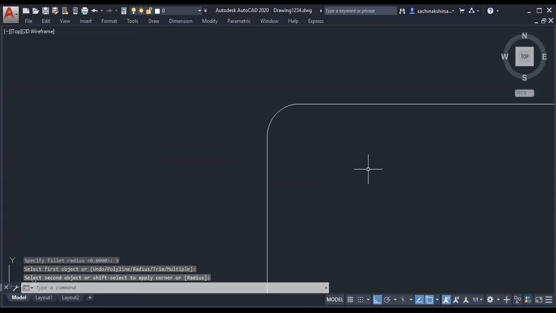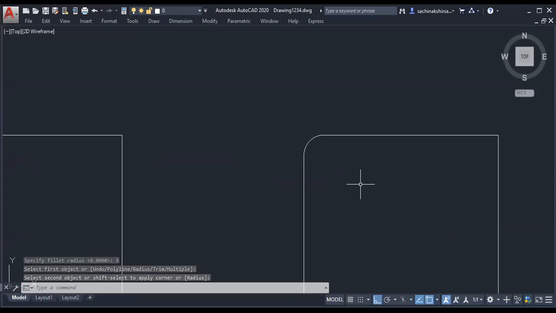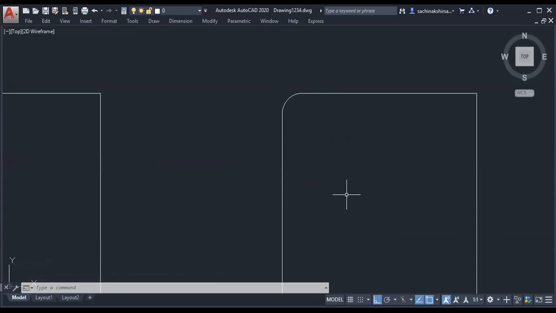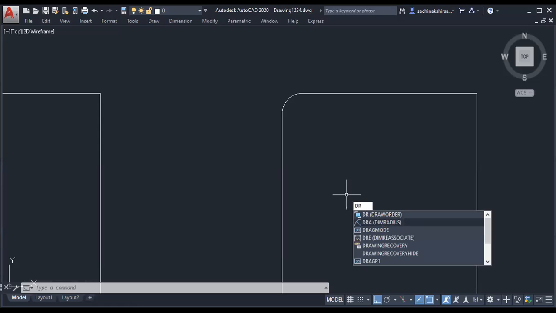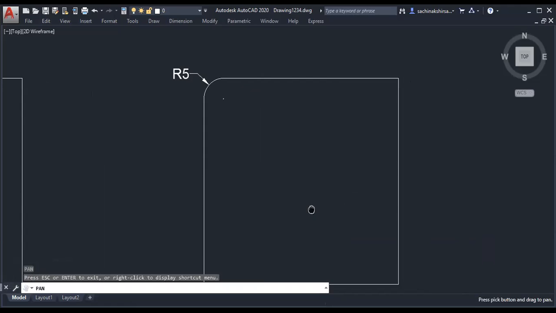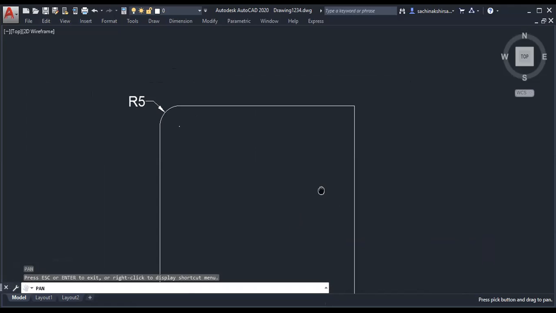Are you observing the change? What change has happened here? The sharp corner is converted into a smooth corner. And how much radius have we given here? 5.